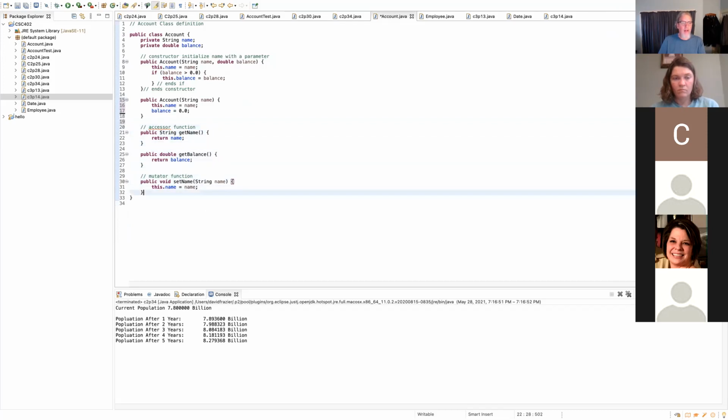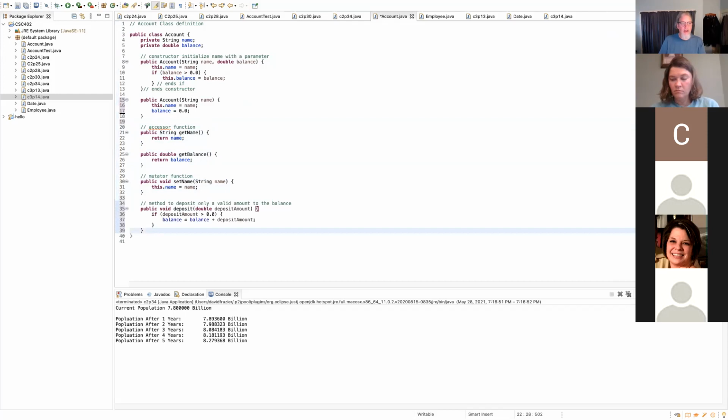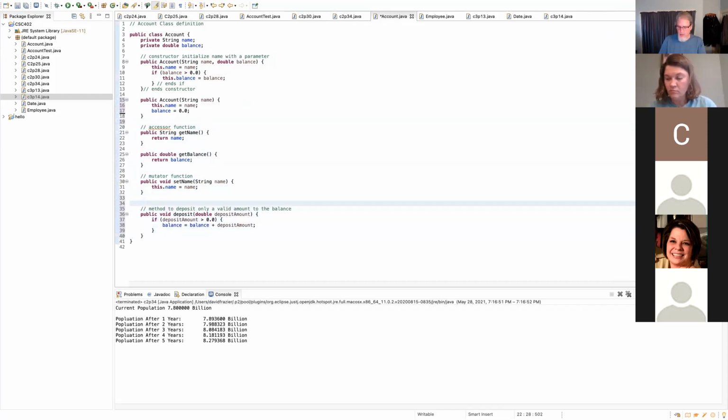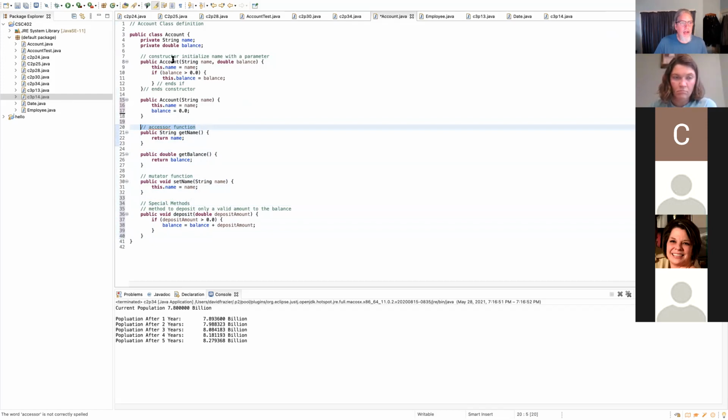So you have the accessors, you have the mutators, and then I would almost put special functions, or special methods. They tend to call it methods in Java. Same thing. And I literally put these comments in just so I remember. Here's my constructor. You don't have to have them, they're not necessary, but I want them there so I can keep track. And I'm going to go in the same order every time. And then when we look at our test program here,